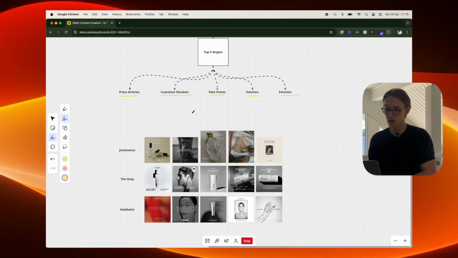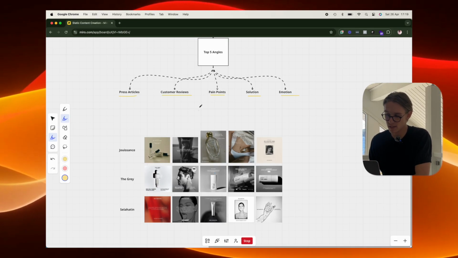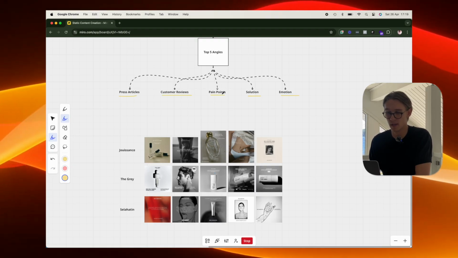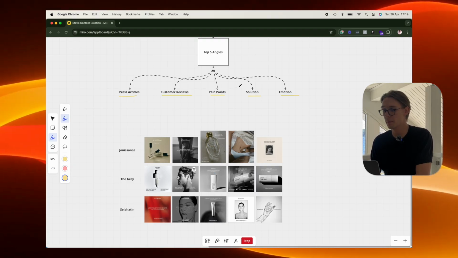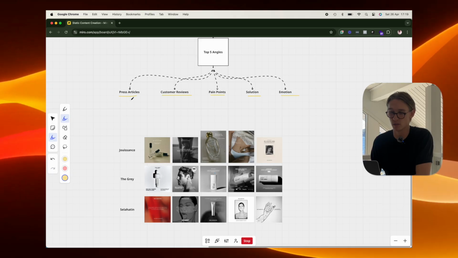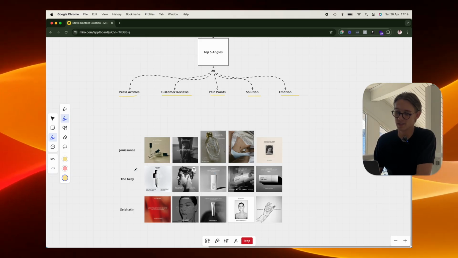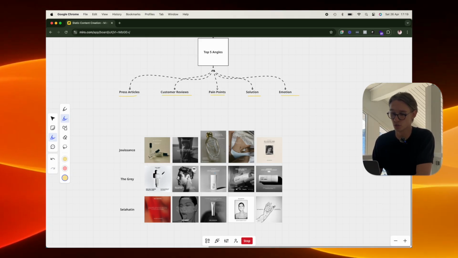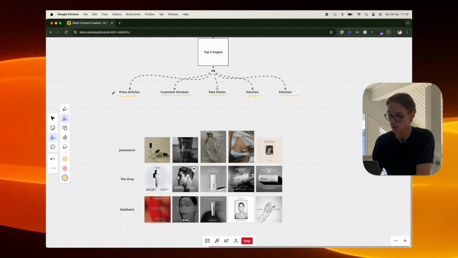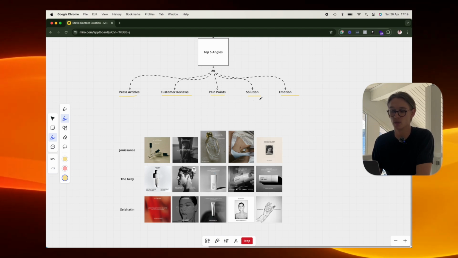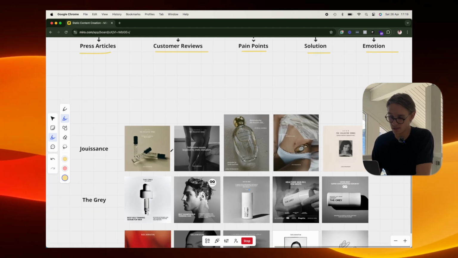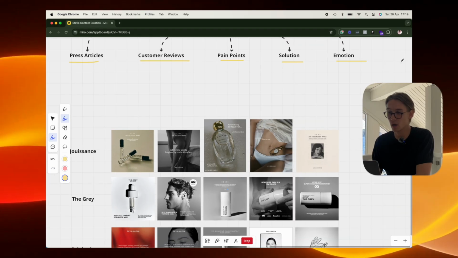For example, when you work with a skincare brand, pain points can be a very big one, and so you combine the pain points and the solutions and the press articles. Actually, for this skincare brand, just for men, The Grey it's called, we use all the angles that you can see here. For Esygn, it's a perfume brand. We actually only use the emotion